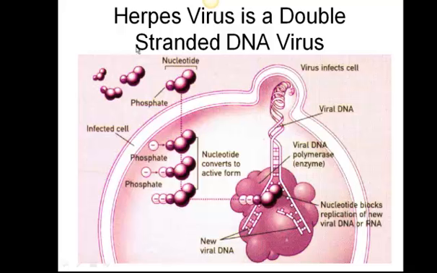So our nucleotide inhibitors, the acyclic compounds, would enter the cell. They get phosphorylated again, and they can get incorporated then into the growing chain, and it will block the extension step because there's no sugar molecule to extend the next nucleotide on. So the nucleotide blocks replication of new viral DNA or RNA molecules.